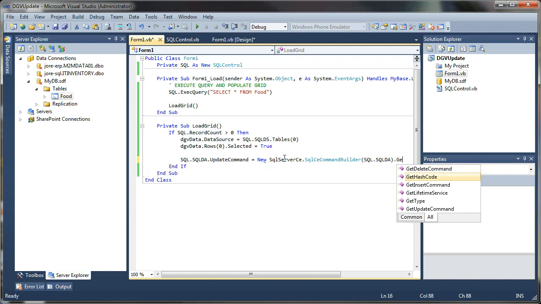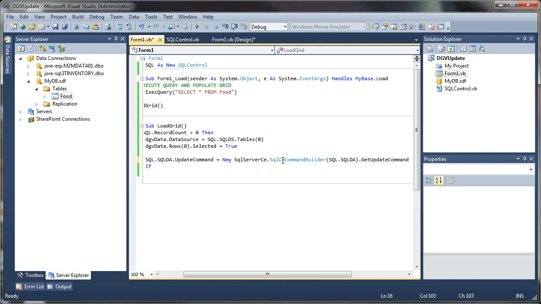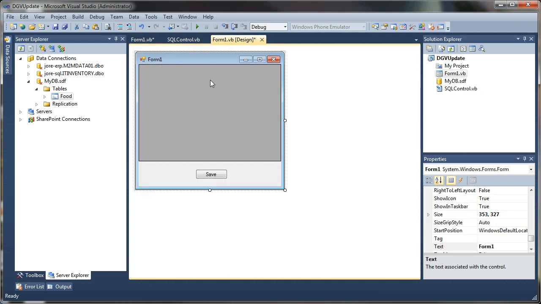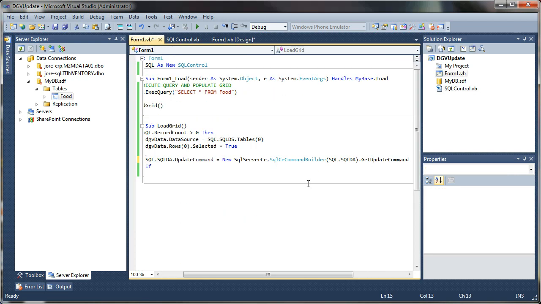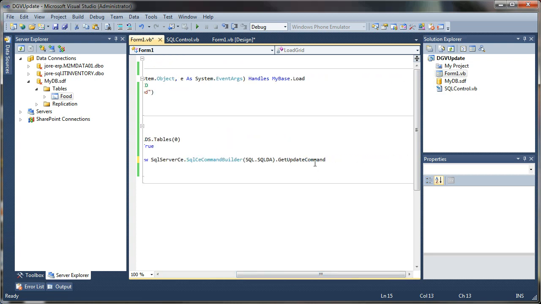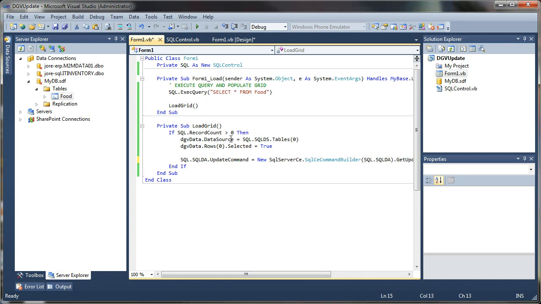And what this does is it dynamically generates an update script or update SQL statement for all of the records that you've modified in your table or in your data grid. So that's really handy. I mean, you would not want to have to hand code it for every updated cell in your data grid. That'd be a pain. So this is a nice thing that allows us to auto-generate that update command based upon whatever records were changed in our data grid and send them